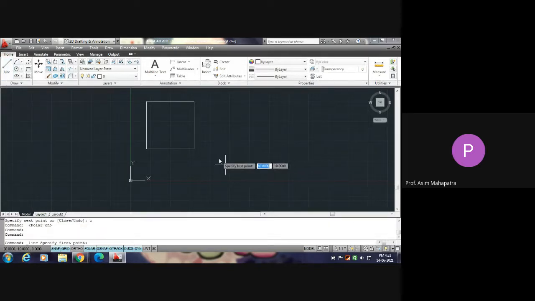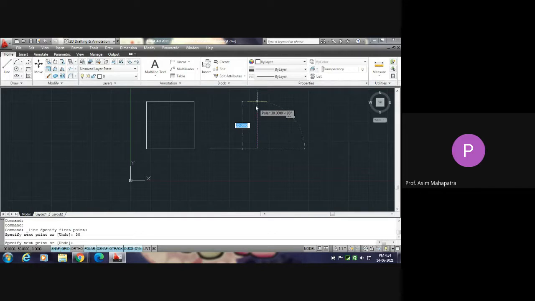Click the line command. Click anywhere, it is 50,20 point, okay, click there. Then I want a horizontal line of 30 unit. Place the cursor in horizontal position and then type the distance, that is 30, and then press enter. Means the computer will take the distance with the inclination of the line as per the cursor.